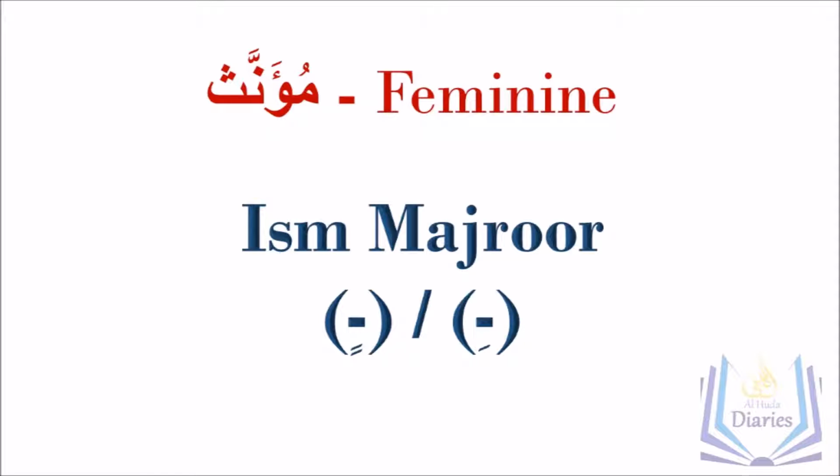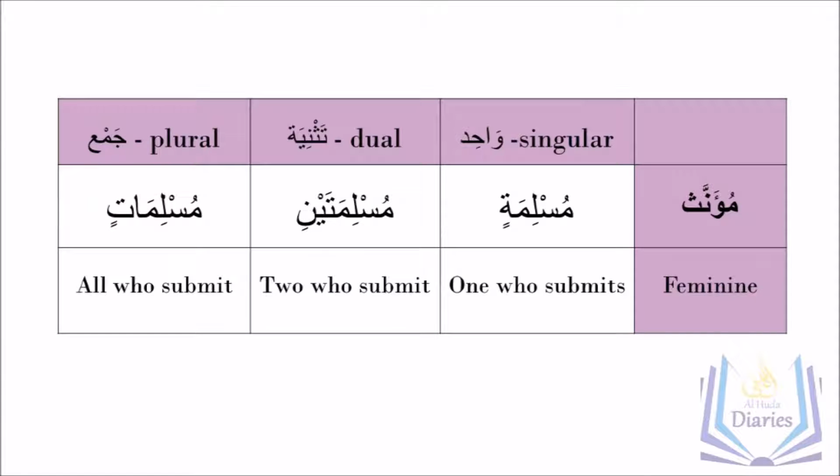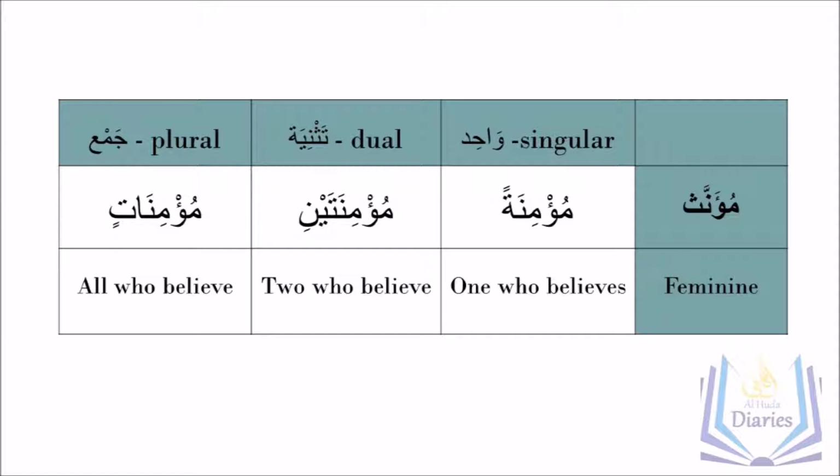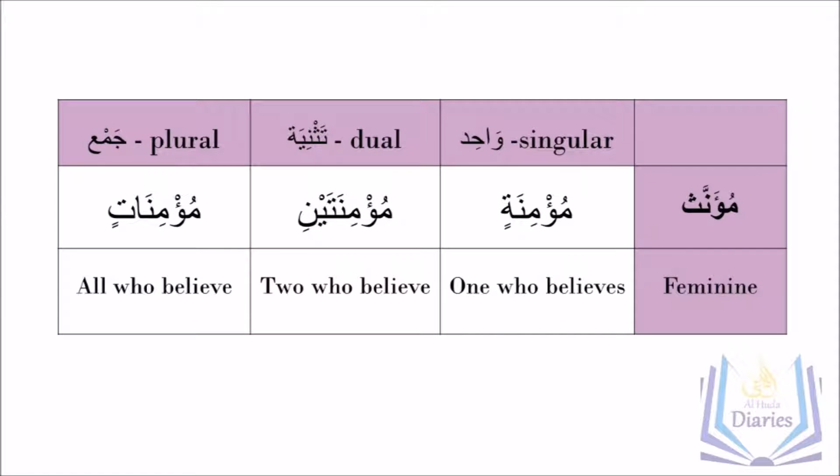And when it comes to jar, just like nasab, in the state of jam it will become muslimatin. And for tasniya, also muslimataini. But only for the quantity of wahid, instead of mu'minatan, it will become mu'minatin. So if you look at the word mu'minatun in the state of rafa, nasab and jar for muannas, it will become mu'minatun, mu'minatani, mu'minatun, mu'minatan, mu'minataini, mu'minatin, mu'minatin, mu'minataini, mu'minatin.